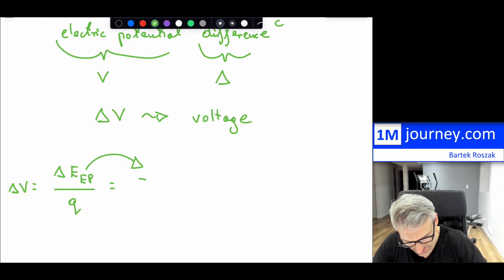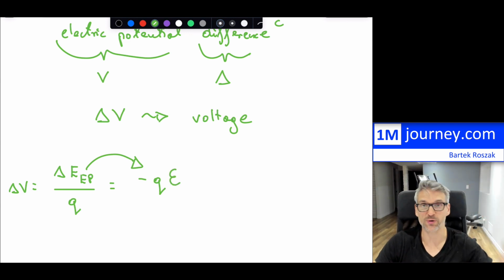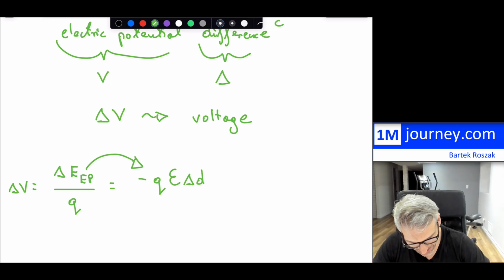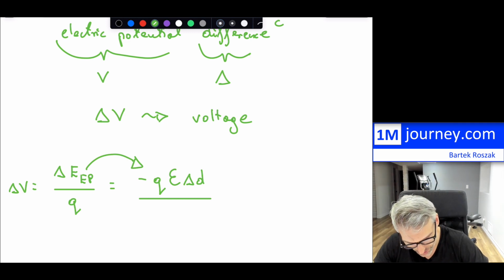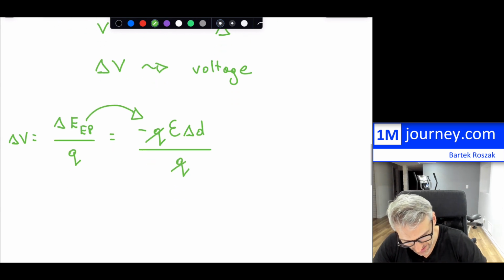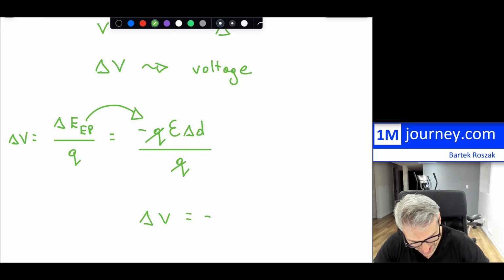This is just negative Q times your electric field, which we'll assume is uniform. And this is delta D, right? That is coming in straight from the formula that we have. And now you're dividing by Q, so this Q cancels out. And what that tells us is that the change in voltage is nothing else but the electric field